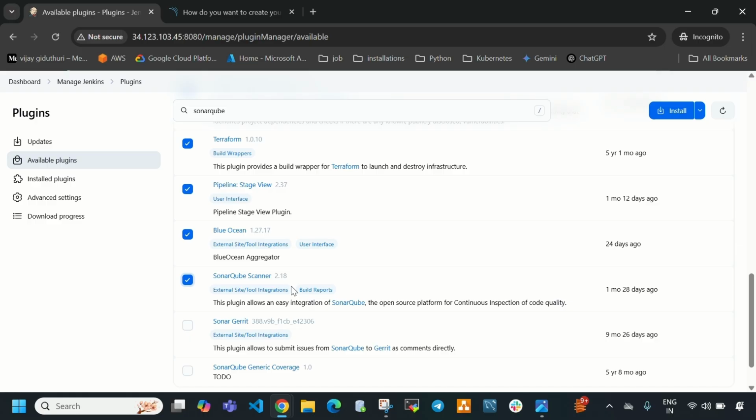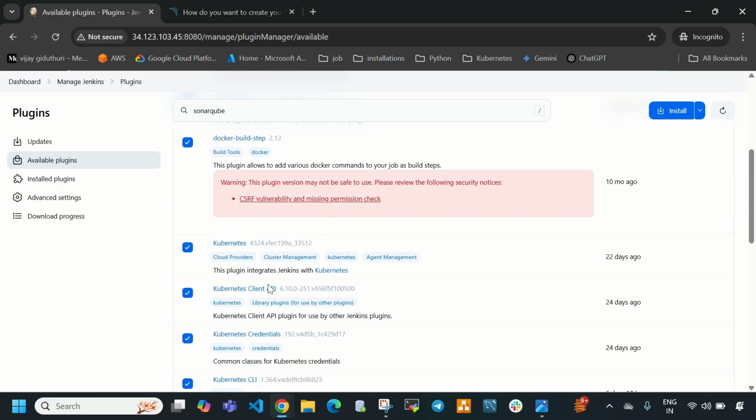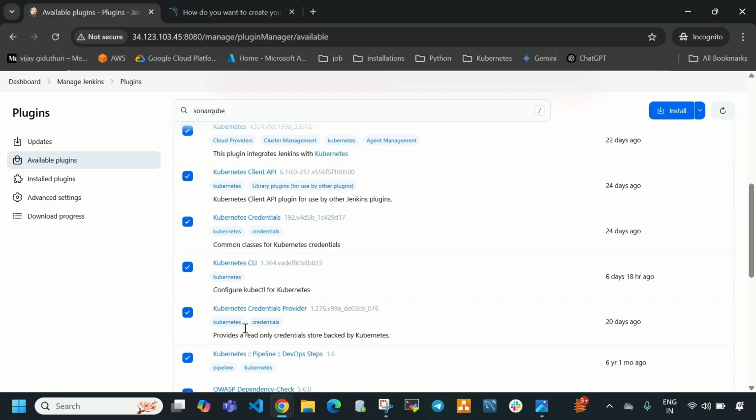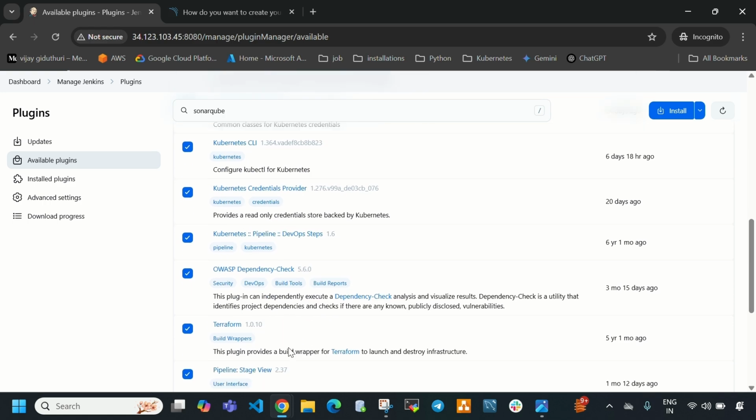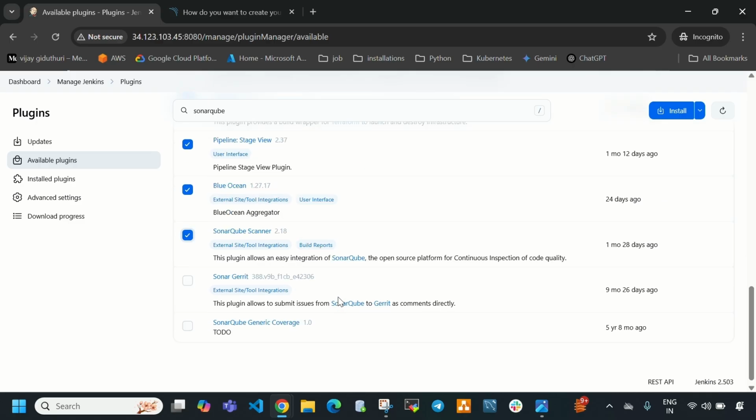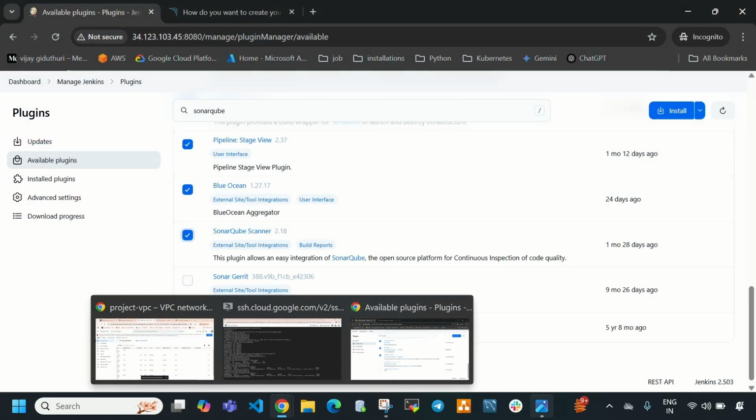So here basically Kubernetes plugins are not necessary. Okay, so in your video, don't try to implement this. We are not going to use Kubernetes, so don't install it. Okay, so after completing this, if you want to enable email notification on this project,